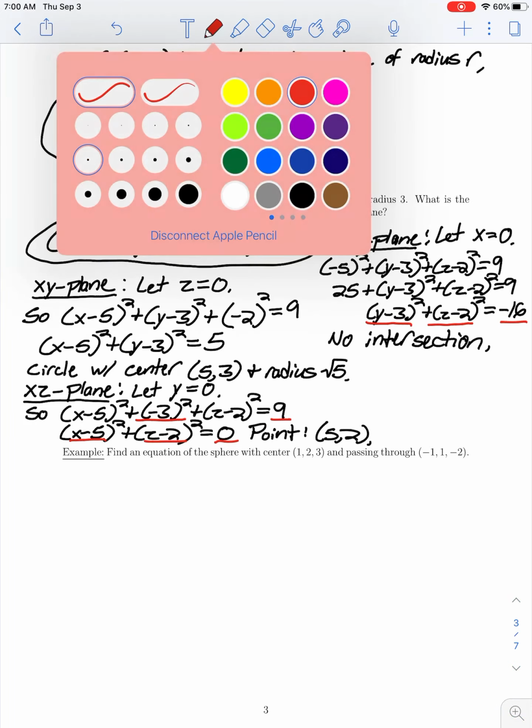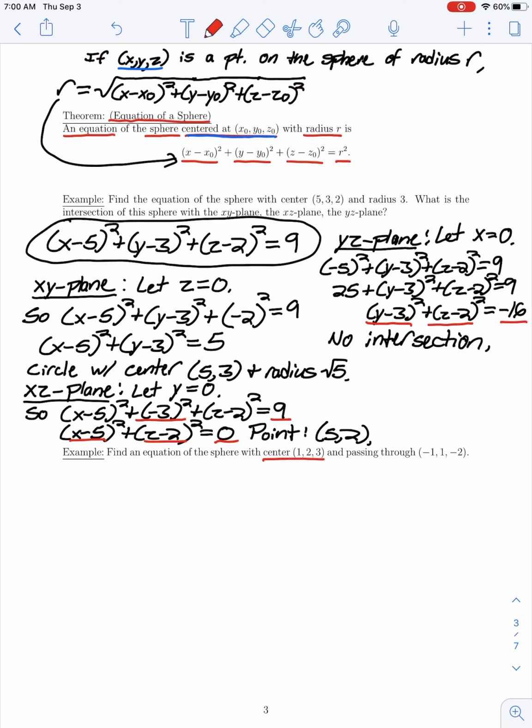Now, in this example, we're given the center of our sphere. Now, we need to find the radius. So what we're told here is that this sphere must also pass through this particular point. So how can we use that to find our radius? Well, we know that the distance from the center of our sphere to any point on that sphere must be equal to the radius. So here, we're going to let the radius, r, of this sphere be